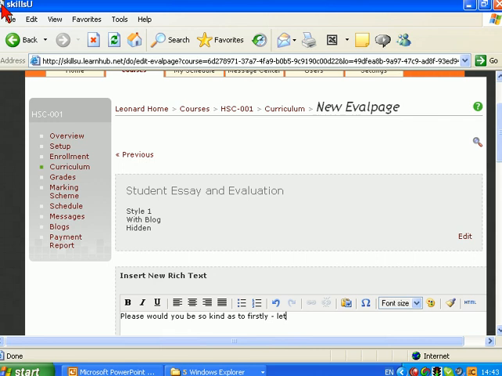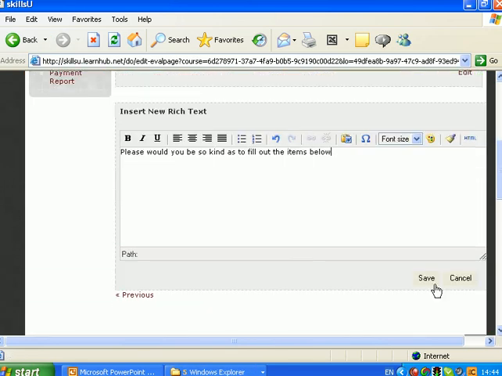Firstly, to fill out the items below, and we're going to save this away. Scroll down, save,